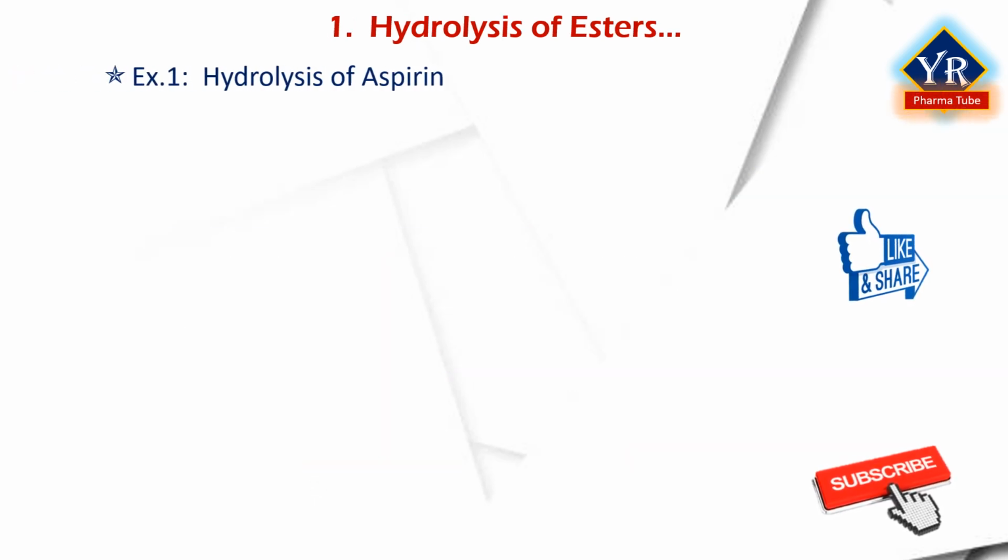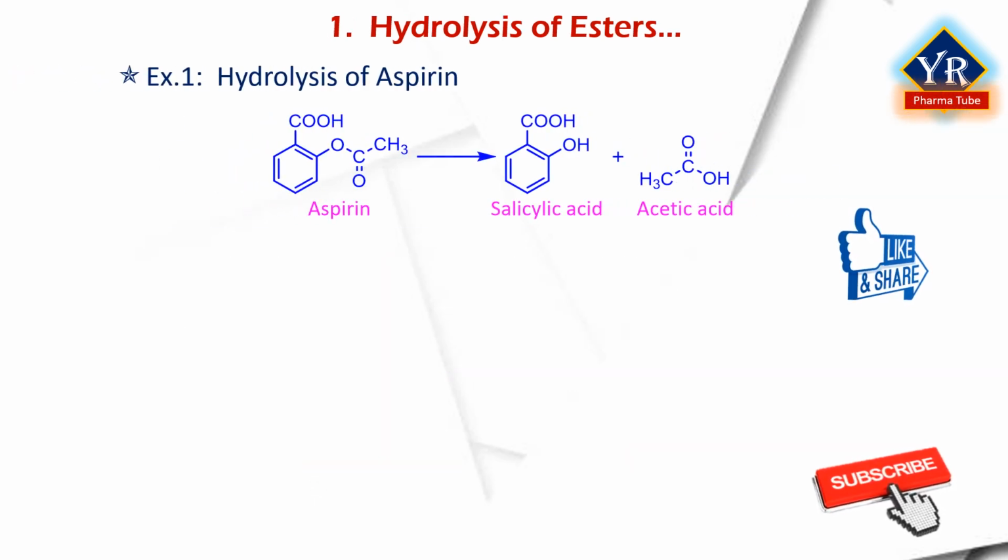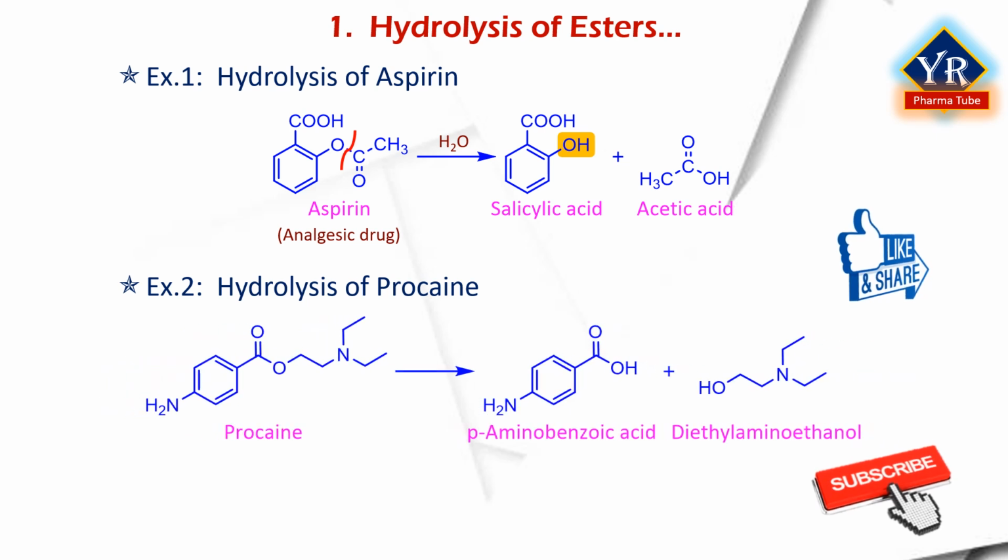One of the best examples of ester hydrolysis is the metabolic conversion of aspirin, an analgesic agent, to salicylic acid. The ester group present in the aspirin can be cleaved by the hydrolysis to form two products, namely salicylic acid and acetic acid. In the other example, procaine, which is an anesthetic agent, can also undergo hydrolysis, and this